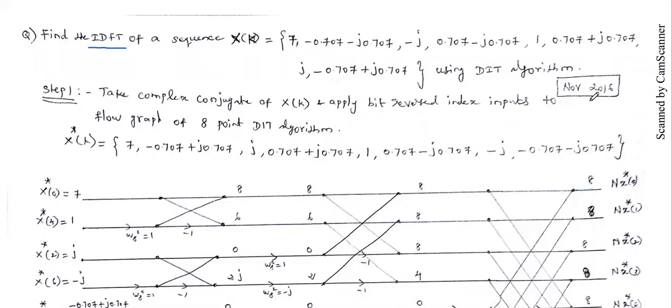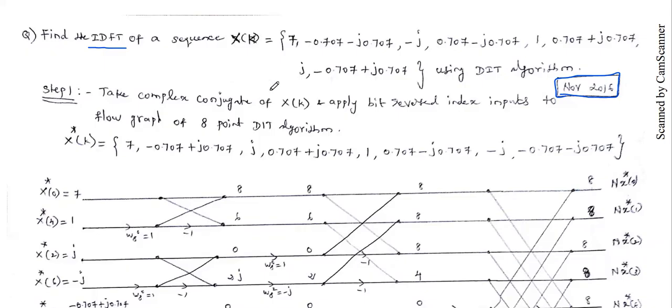This question is a November 2016 question. See the question: find the IDFT, inverse DFT, of the sequence capital X of k equal to 7, comma, minus 0.707 minus j 0.707, comma, minus j, comma, 0.707 minus j 0.707, comma, 1, 0.707 plus j 0.707, then j, minus 0.707 plus j 0.707